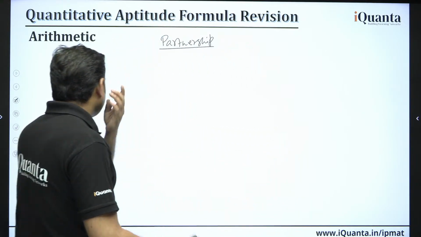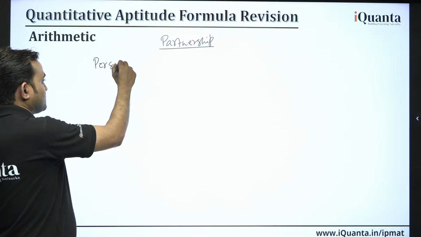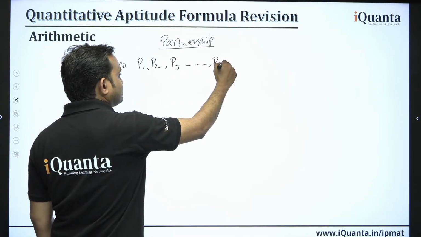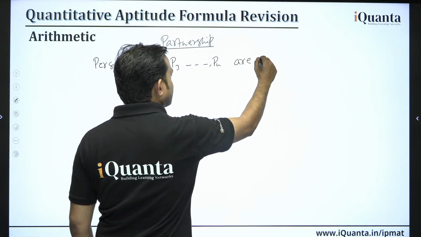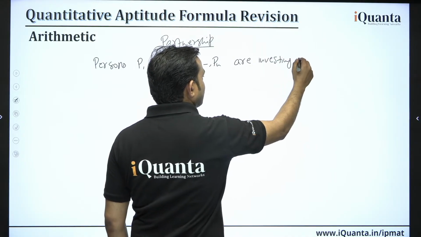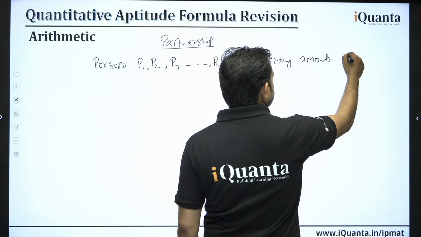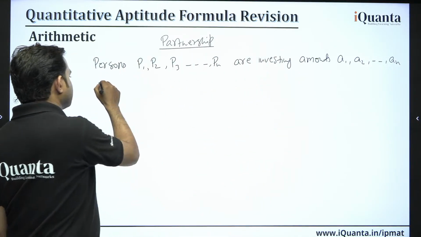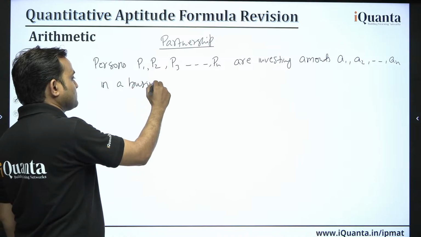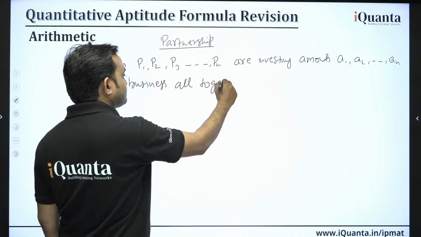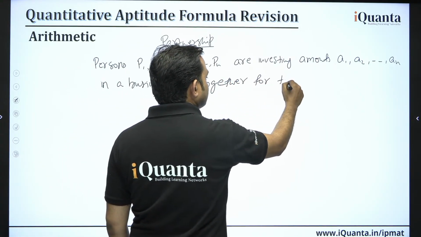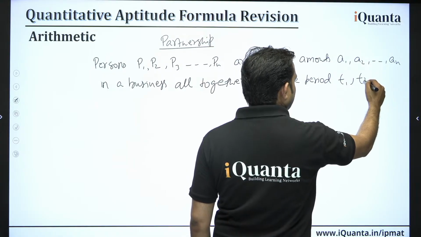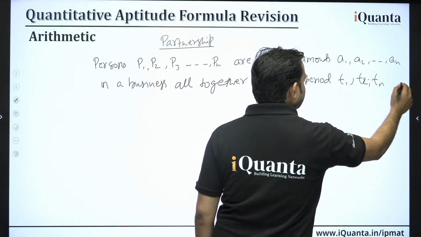So let's say that persons P1, P2, P3 till Pn are investing amounts A1, A2 till An in a business all together for time periods T1, T2 till Tn, then